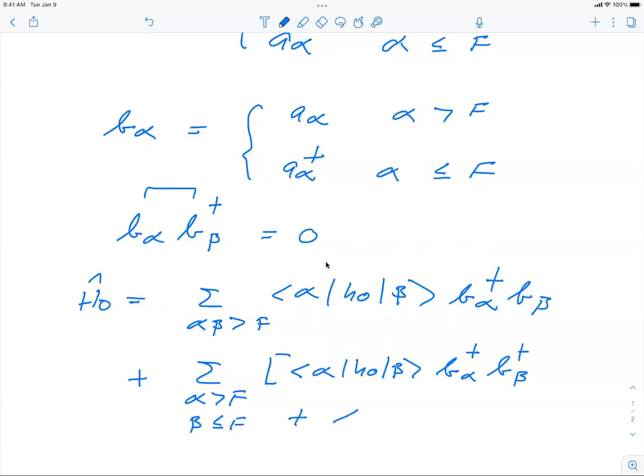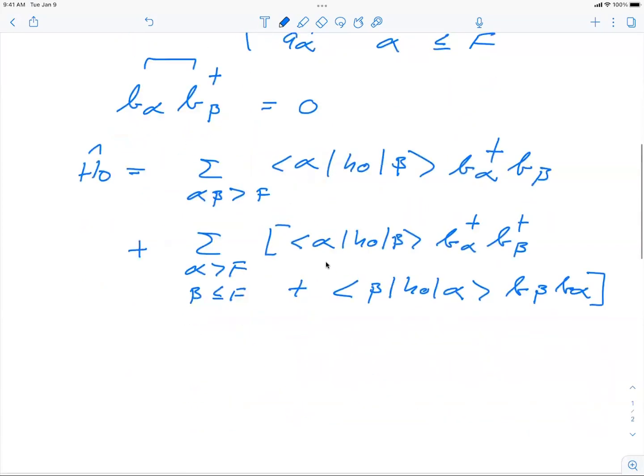Plus beta H alpha of beta b beta alpha. So that was one term there. Then we got a new term